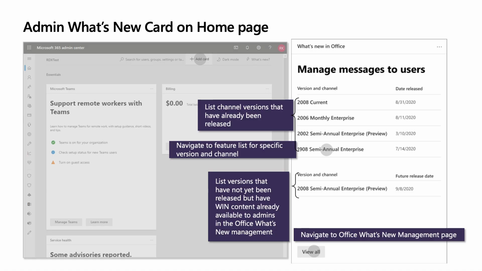The card on the home page was made publicly available in June 2020. Here you have visibility into the versions released across all channels and the upcoming versions for a given channel. Based on your feedback, we added release dates to the card to ensure that you have visibility into when the version was released across all the channels.